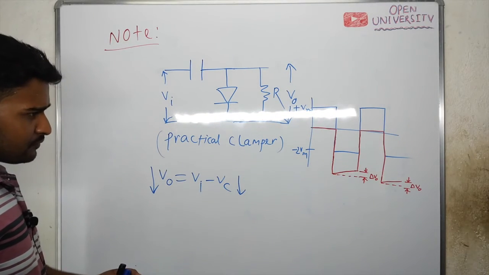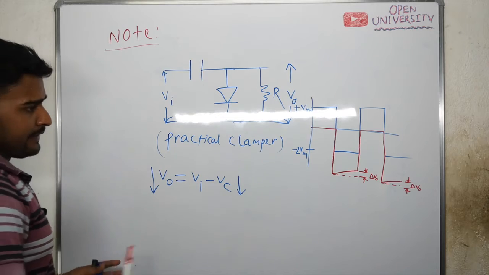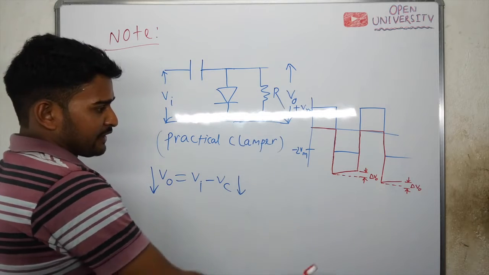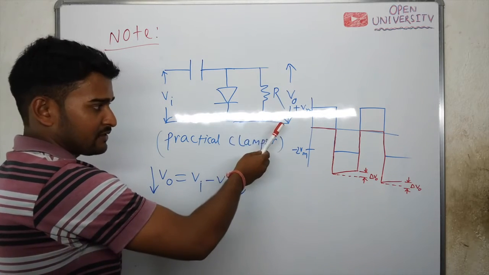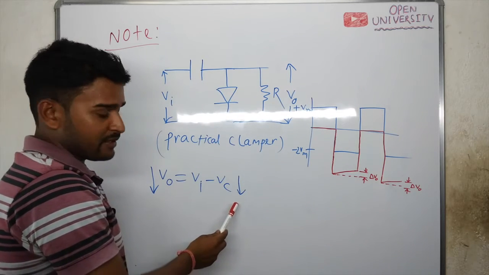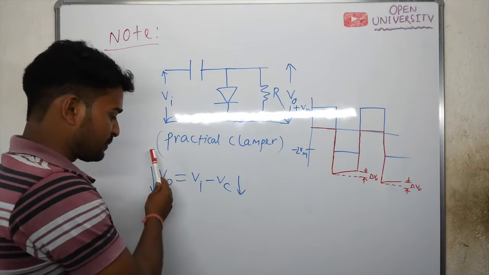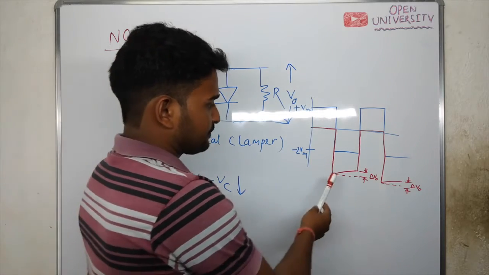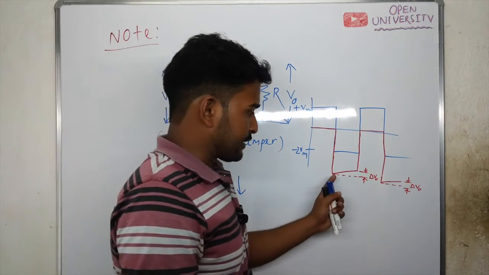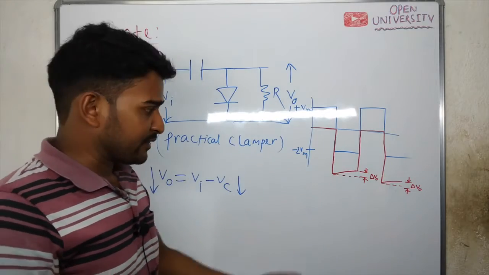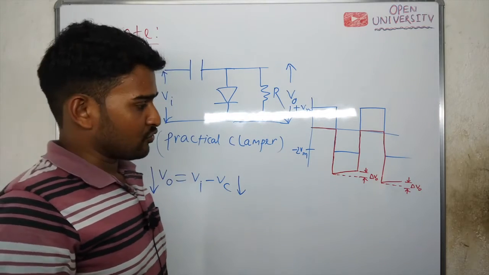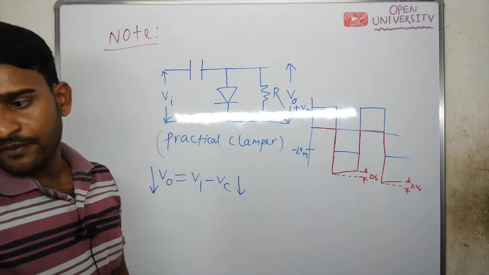Now see, due to connecting a resistance in parallel with the diode, during the negative half cycle the capacitor will discharge. If the capacitor discharges, then the capacitor voltage will decrease, and the output voltage will decrease. Due to this, a tilt will occur in the output waveform during the negative half cycle, and this tilt I am calling delta V0. So draw this input waveform and output waveform,